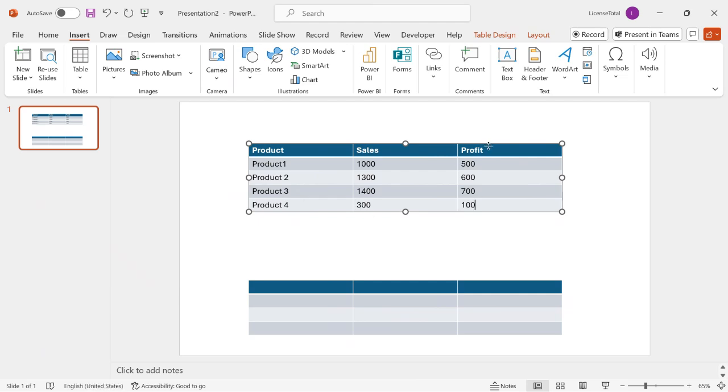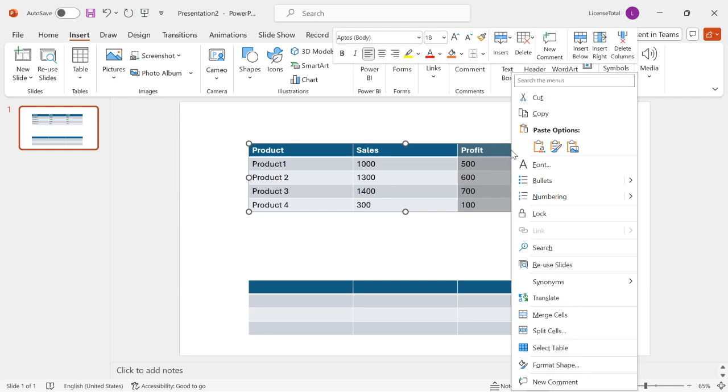Right? Now, if you wanted to add a column, all these things we had discussed in Word also, but if you wanted to add a column, whenever you are hovering the mouse on top of a column, your mouse pointer will become a thick arrow key, right? Click on that thick arrow key, right click and